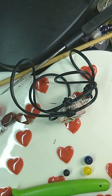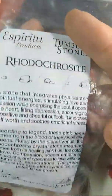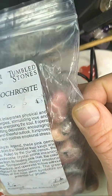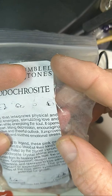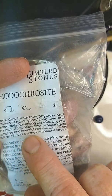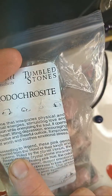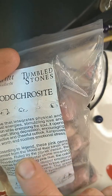Let's find out about this particular stone. I'm horrible at reading these bags. I will do my best. We get the light a little closer. Okay, a stone that integrates physical and spiritual energies, stimulating love and passion while energizing the soul. It opens the heart, lifting depression, encouraging a positive and cheerful outlook. It improves self-worth and soothes emotional stress. According to legend, these pink gems formed from the blood of their kings and queens, ruled by the planet Venus, the